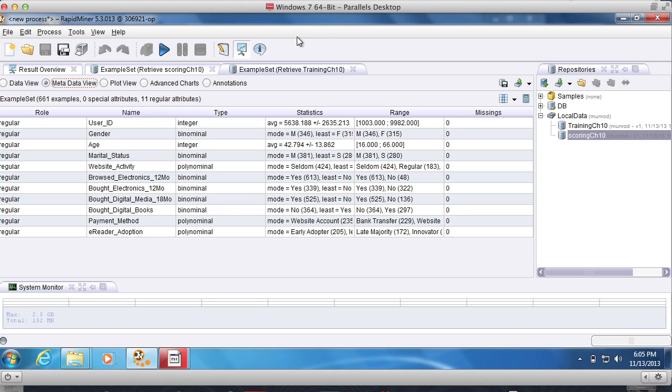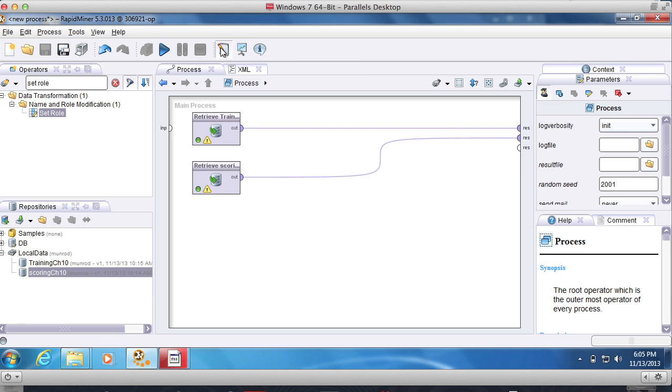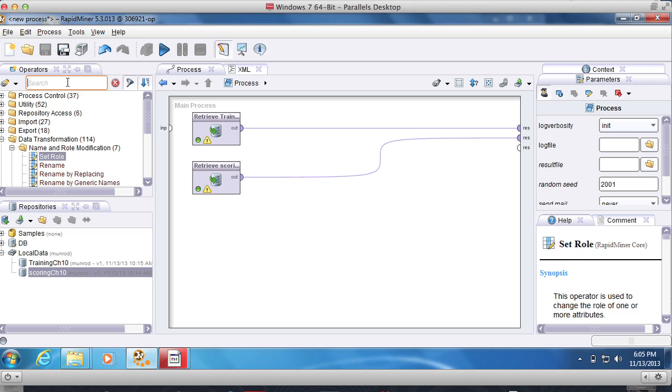So once we have the data in, what do we want to do next? Well, if you remember when we imported the data, we left all the fields to define themselves as attributes. Well, there are a couple of fields in here that really are not attributes, and that is basically the ID. Okay, and so we can come up here to operators, and if you type in set role,